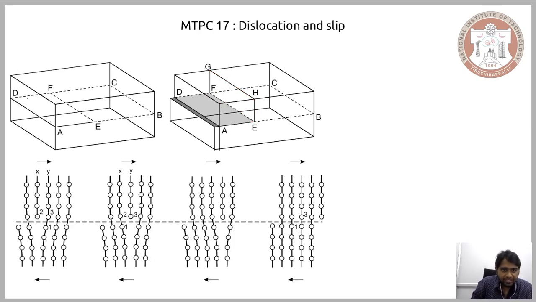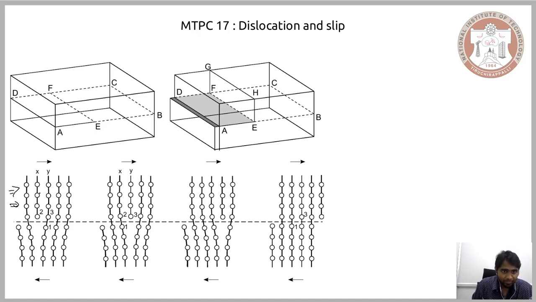So all we have done is we have considered the two-dimensional representation of this plane here, and we are talking in terms of the positions of the atoms. Now as you can see, you have shifted the corner, or you have shifted this layer of atoms here by imposing the shear stress, and now because of that you have the extra layer of atoms in between the two regular lattice layers of the atoms.